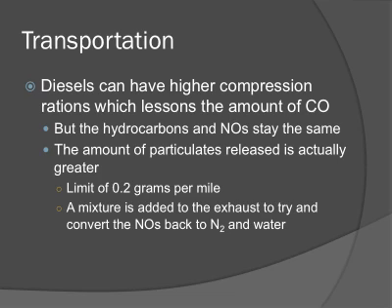All right, so let's spend a little bit of time talking about diesels because we all know, or not we all know, but diesels have a little bit higher efficiency of gas consumption. They can usually get more miles per gallon. The reason that they can have a little bit better gas mileage is because they have a higher compression. When we compress the gas, it can technically combust a little bit better. More complete combustion leads to better gas mileage, which therefore lessens the amount of hydrocarbons and the amount of carbon monoxide released because we're doing complete combustion.